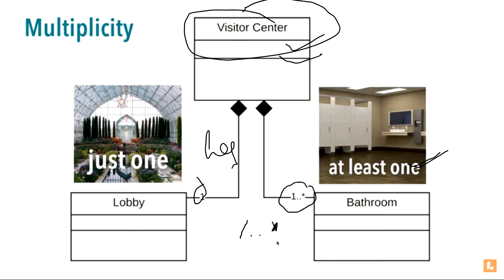Yeah, it can be the other way around also. It can be here, it can be here. We will see an example now, it will be clear. It can be anywhere, here or here. It can be with association, it can be with aggregation, it can be with composition. This is a separate concept in itself. Multiplicity. How do you want to read?